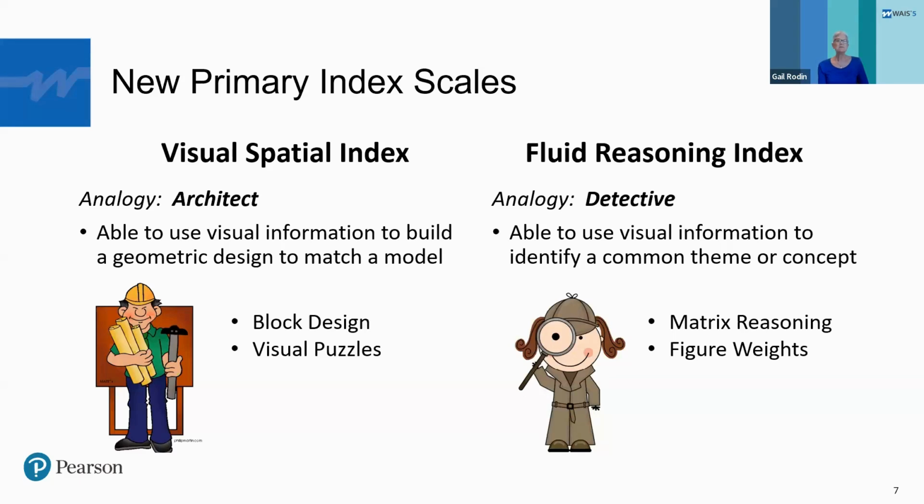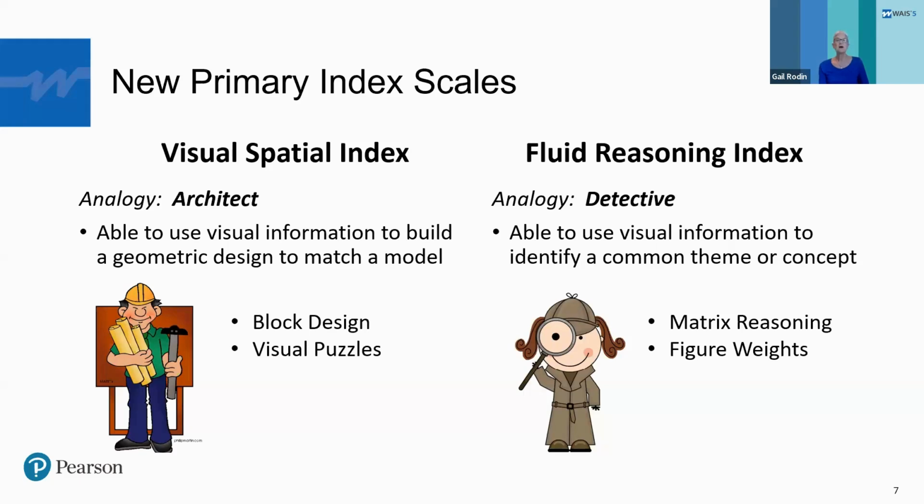So you need to be able to use visual information to build a geometric design that matches a visual model. So you have visual information as input, and you see what the visual output is supposed to look like, and you have to turn that input into the output. So think about block design and visual puzzles,